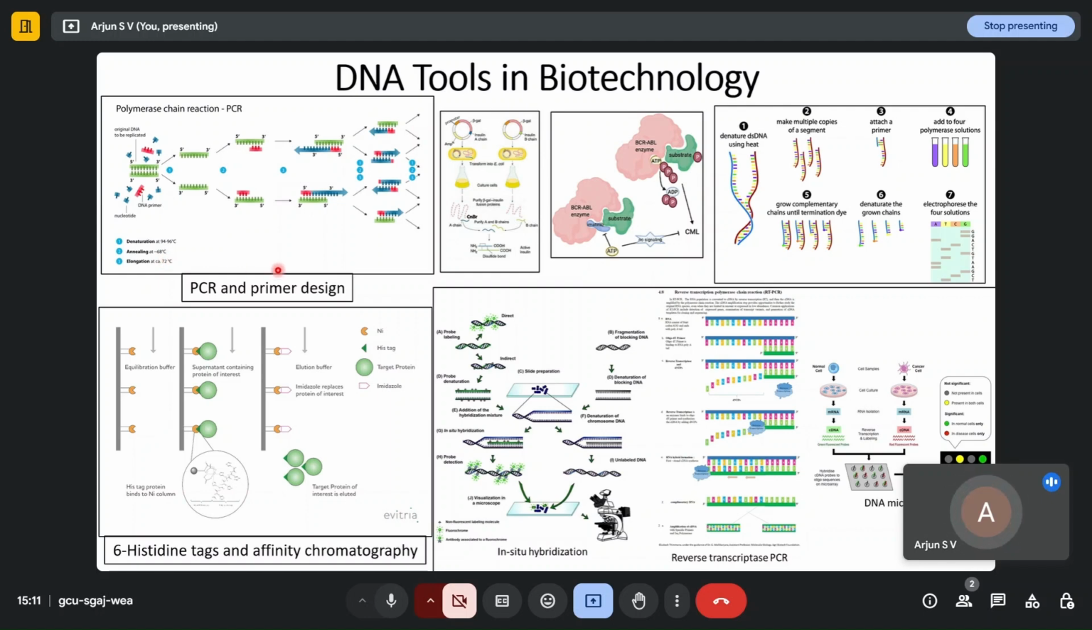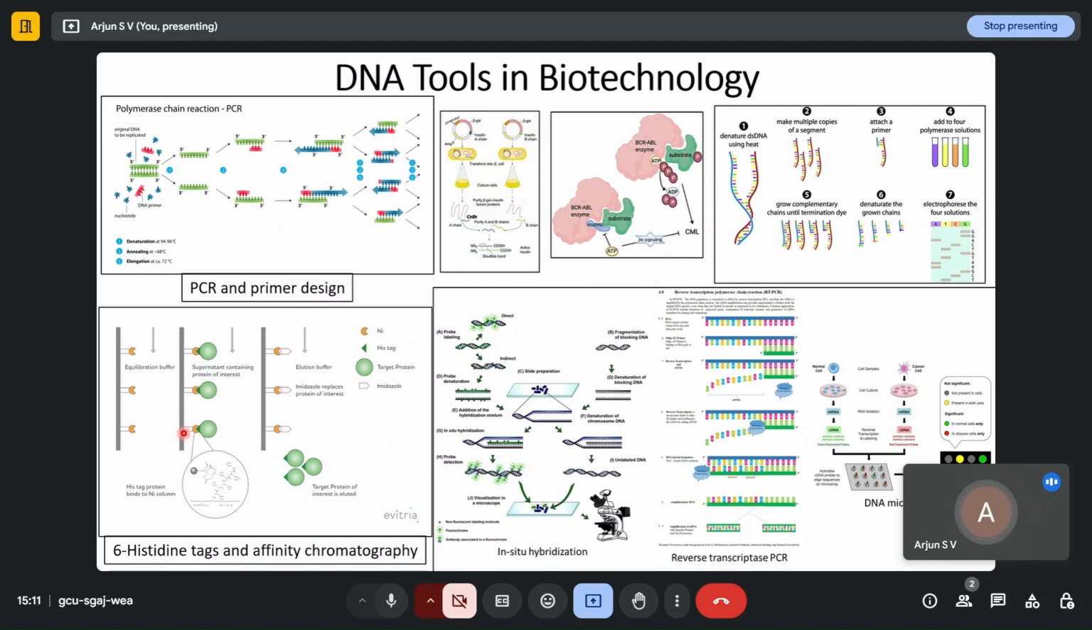And then we saw how the primer should be designed carefully to help introduce changes and study the effect of those changes in the specific DNA. And then we saw other tools by which we can study DNA, which mainly involve the use of His tags, and which involve the process called affinity